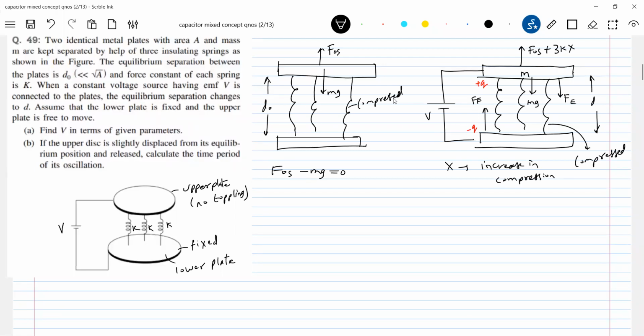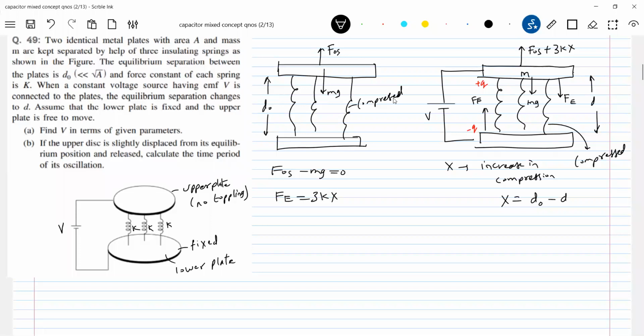So directly, shall I write one equation? Fe is equal to 3kx, and X is equal to d minus d naught. I think it's over. The problem is over once you can do this. D naught minus d, sir? D naught minus d. So just be careful whenever that capacitor spring force comes. Looking at the conditions given, you should get it carefully. Once you do this part, the rest of everything is mathematics.